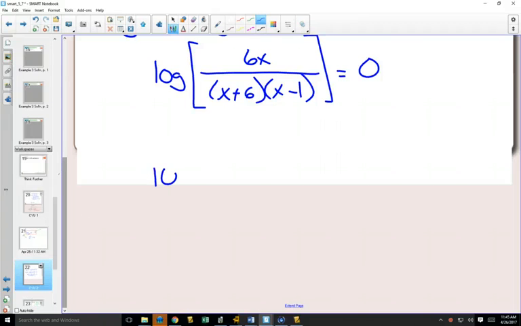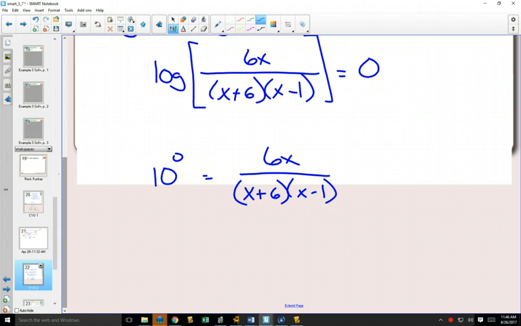What's the exponent? 0. Equals 6x over x plus 6x minus 1. What is 10 to the 0? 1. This is a rational equation. How do we solve rational equations? Well, we like to get rid of that fraction. So can you see that if I multiplied both sides by x plus 6x minus 1, that would get rid of the fraction